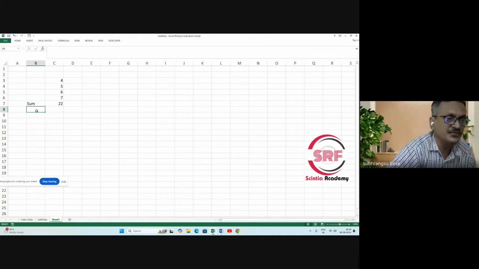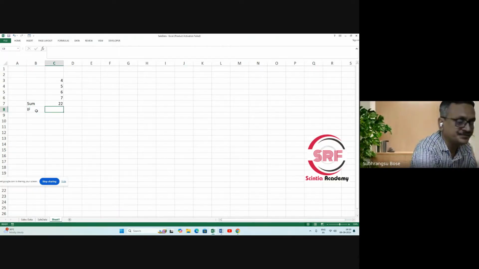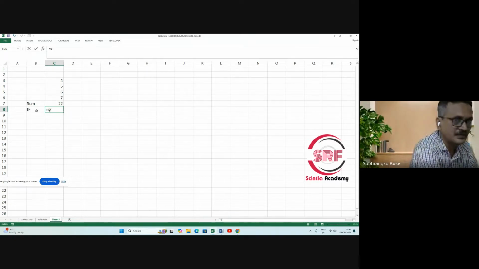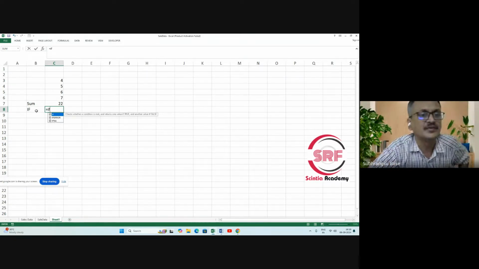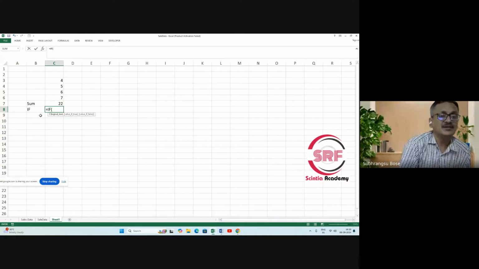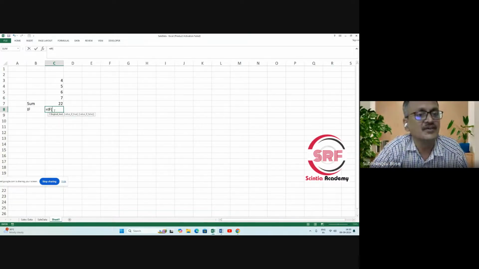Then another program, if column, using if column. If equal to if. Before writing any formula, we must write equal to first, and then you can take any of the functions: if, sum, average, mean, etc. If, first bracket